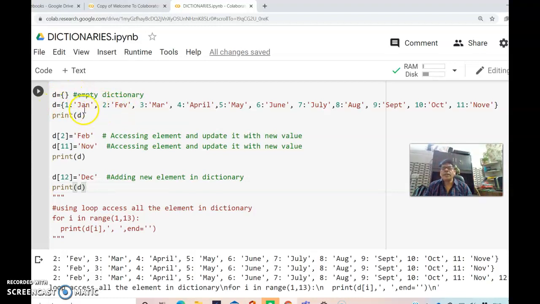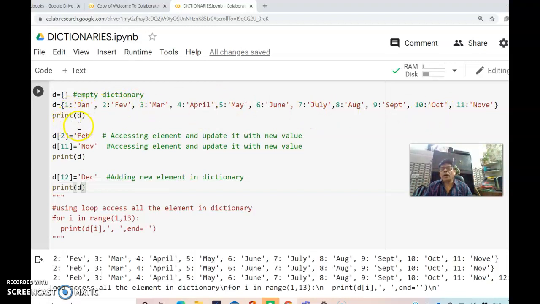Each element has a key colon value pair. The key is an immutable part, and the value is a mutable part. We cannot change the key, but we can change the value. So far there are 11 total elements here.